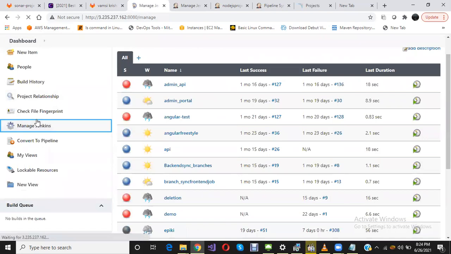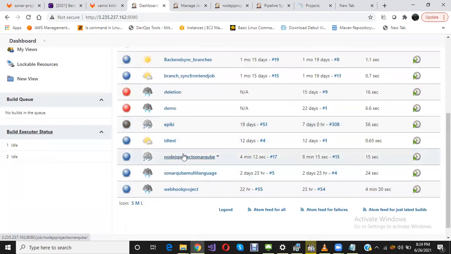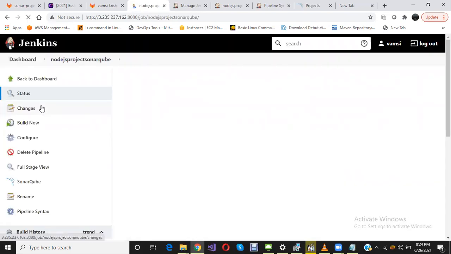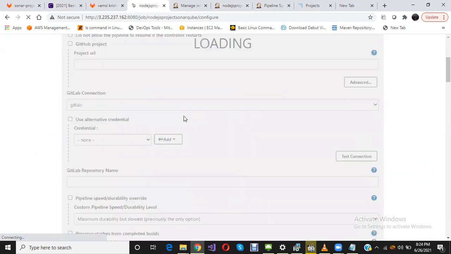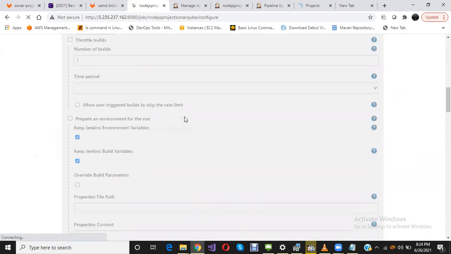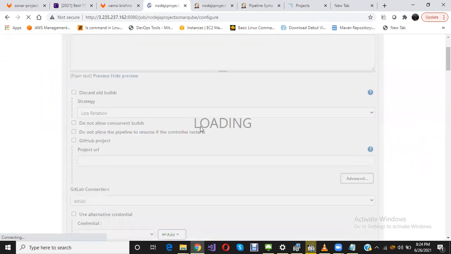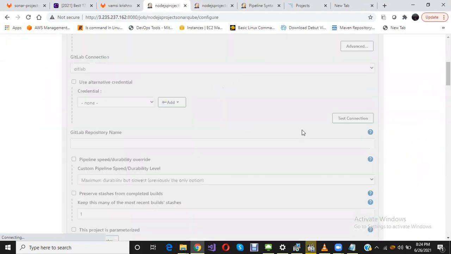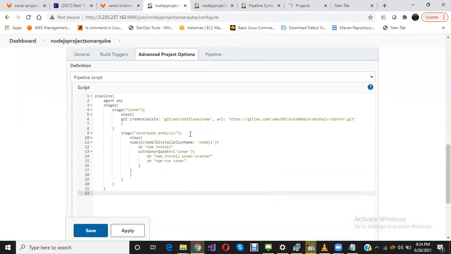Now I will go to Manage Jenkins. Sorry, I will go to the Node.js project SonarQube and configure. Now I'm using Mocha Chai for my unit test cases.